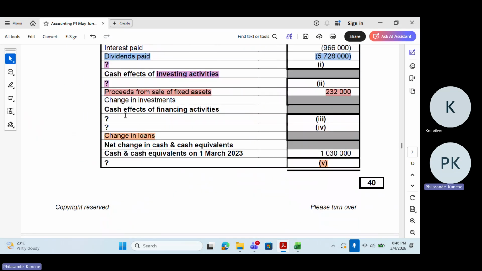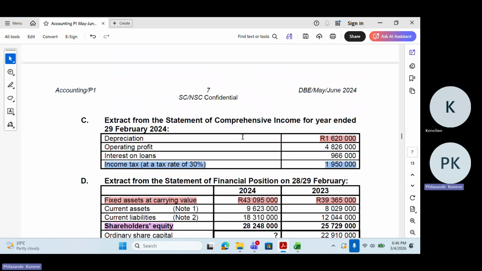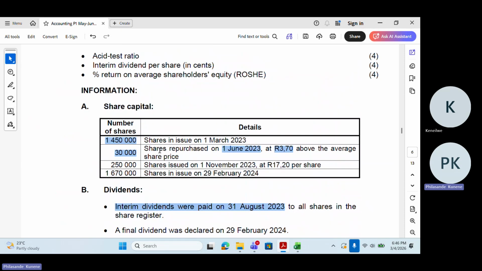Next, cash effects from financing activities. I have 2 question marks here. What am I going to have in these 2 question marks? Repurchase of shares. Yes, we bought back some shares. And then the second one? I think there was an issue of shares as well. Yes, exactly. So we have shares repurchased, and then 250,000 shares issued on 1 November